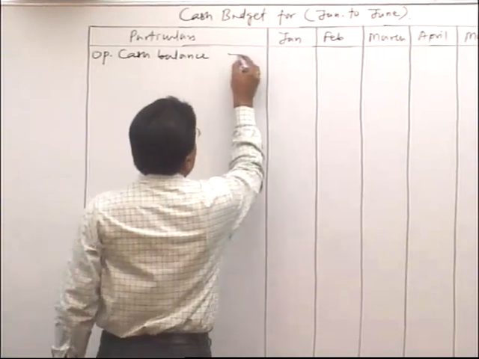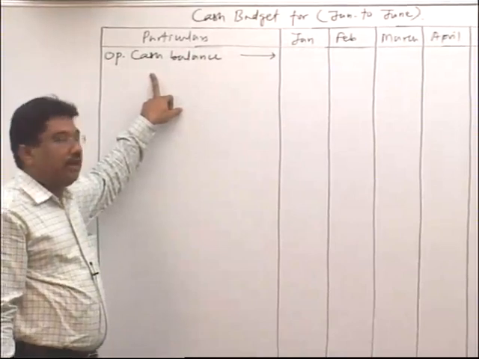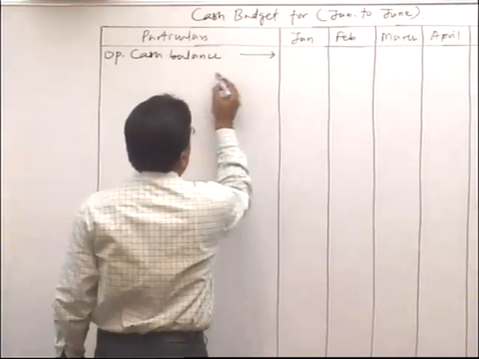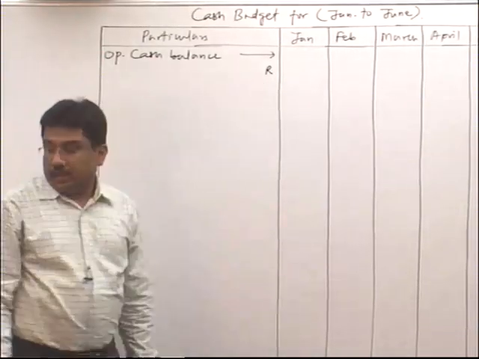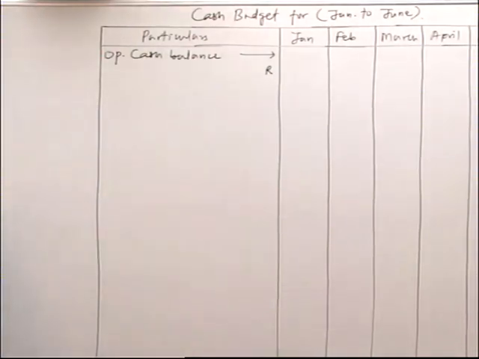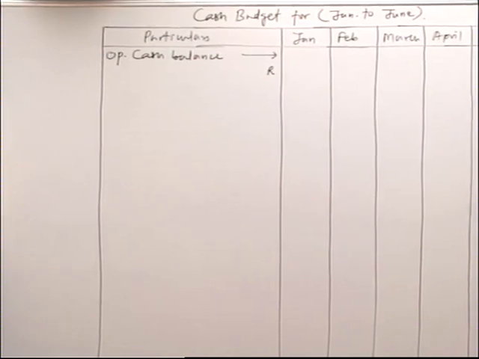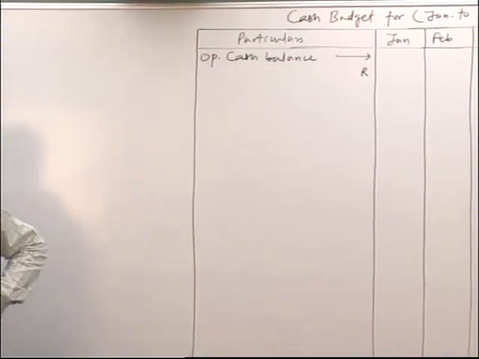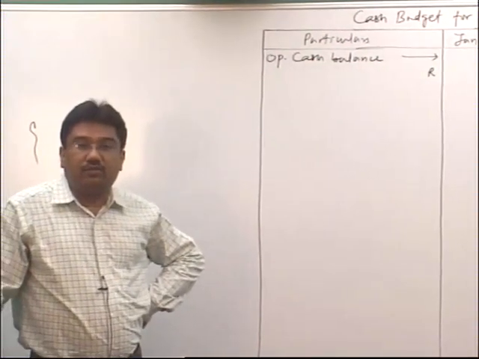Now this row, first row is opening cash balance, where we will write fair balance, and thereafter keep 1 more line where we will write rough opening balance, because in this sum, according to point number F, all the students please see point number F of the question. It says that if there is any overdraft in any of the months, then the bank will allow overdraft of only 5,000 rupees,